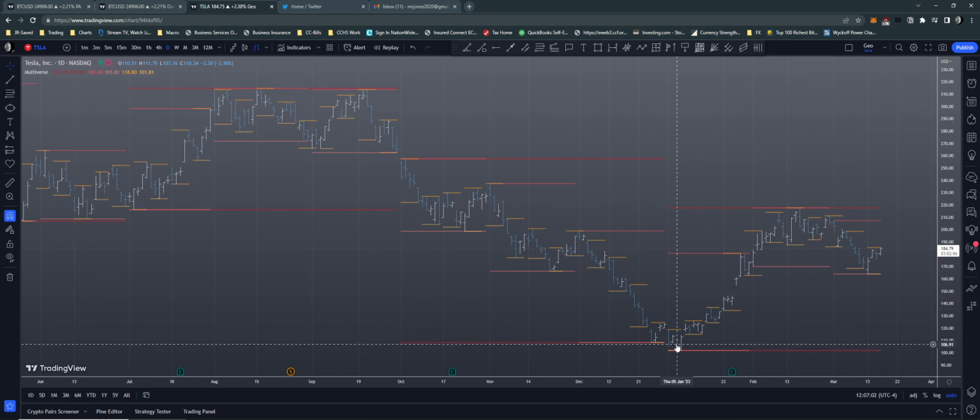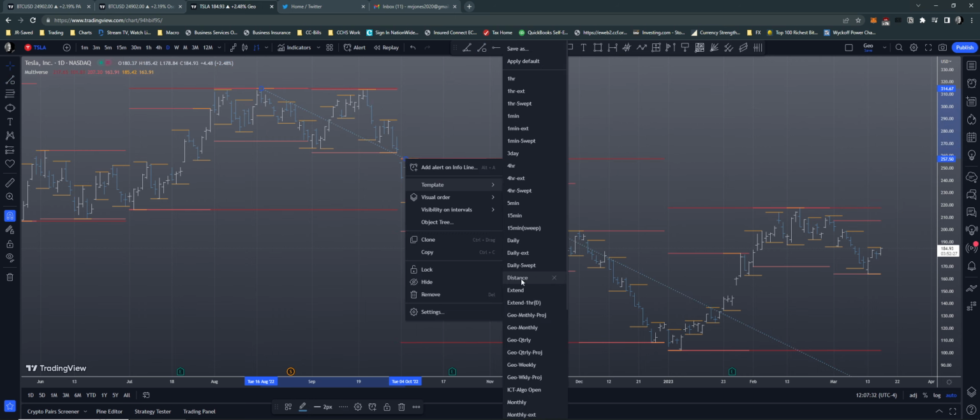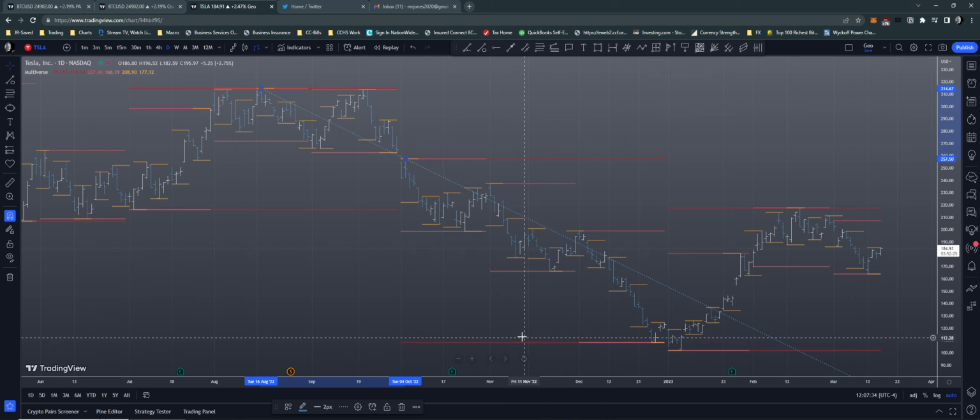So I can see that weekly was bullish here, bullish, bullish. We had an engulfing candle on the weekly here, inside another engulfing, bearish, bearish, etc. You get the idea. So what we're going to do here is take the various highs and lows in these time periods and follow the